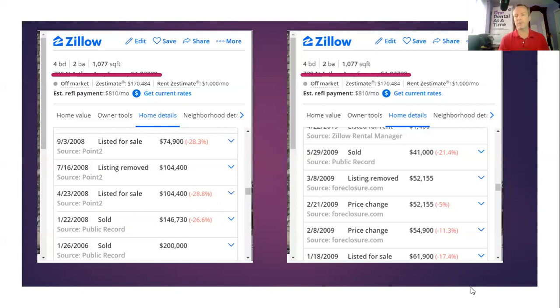So again, here's the property. It's actually the same property, just had a long history of price changes. I'll ask you to look at the left side of the screen right now at the bottom. So this property was sold for $200,000 right near the peak of the last crash. You could see it was foreclosed on almost 2 years to the date from when it was sold for 200. It was foreclosed on at